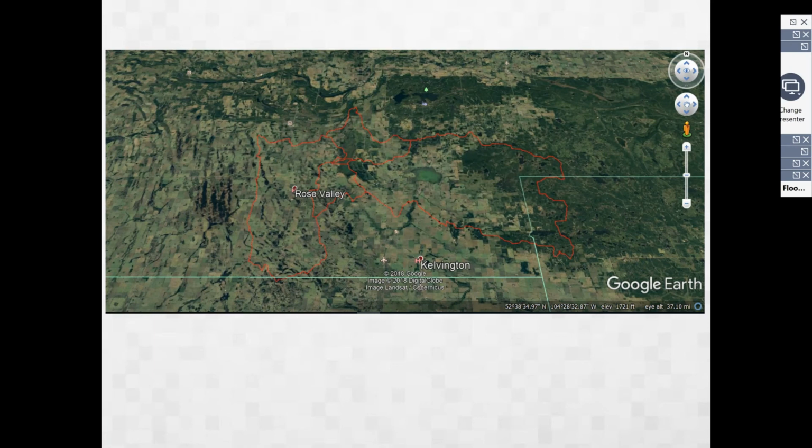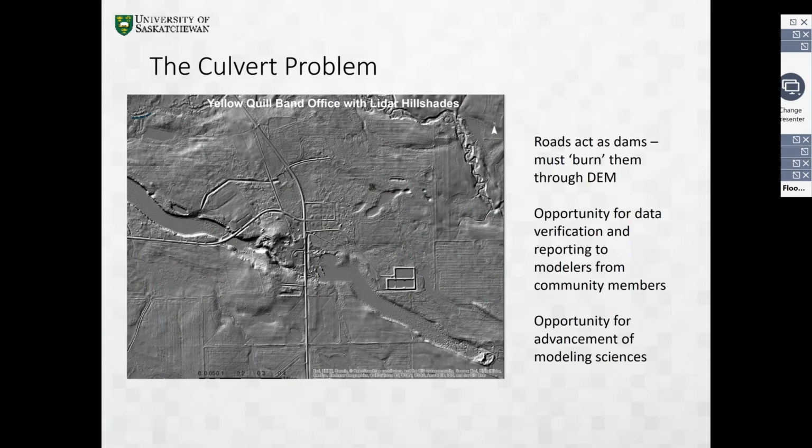And this comes from the Shuttle Elevation Derivatives at Multiple Scales modeling from NASA's Shuttle Radar Topography Mission. From the World Wildlife Federation, actually. And part of this project has the blue star, Yellow Quill First Nation, the purple star, Kinistin Saulteaux Nation, and the red star, Fishing Lake Nation land areas. So there are other reserves that are benefiting from the work that we're doing. A problem that we're facing is,